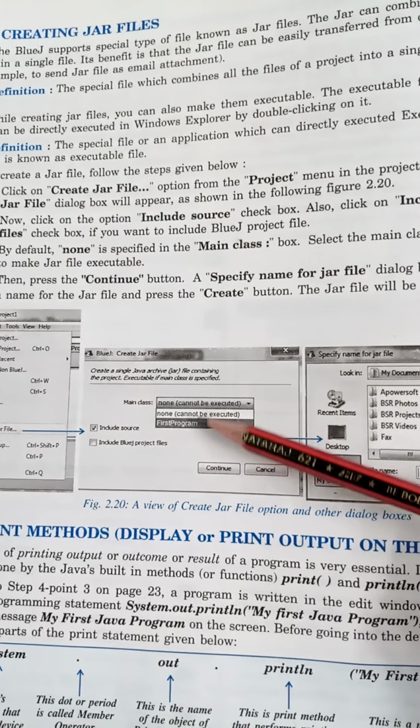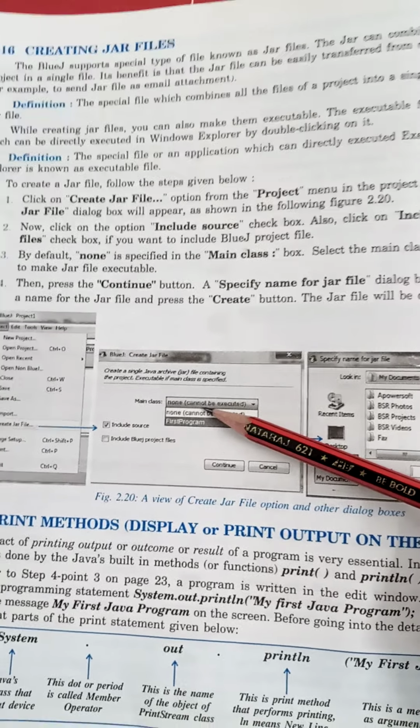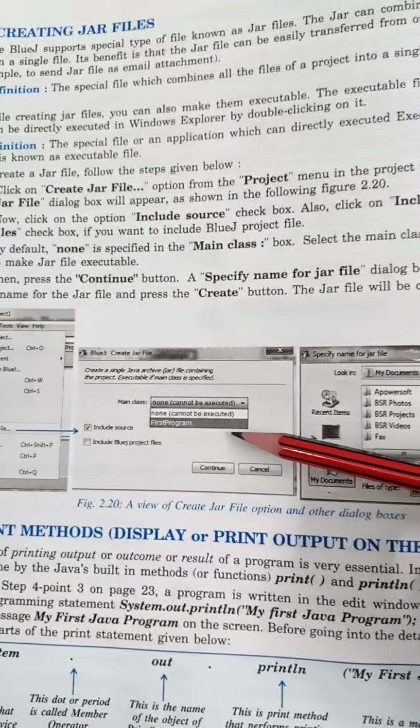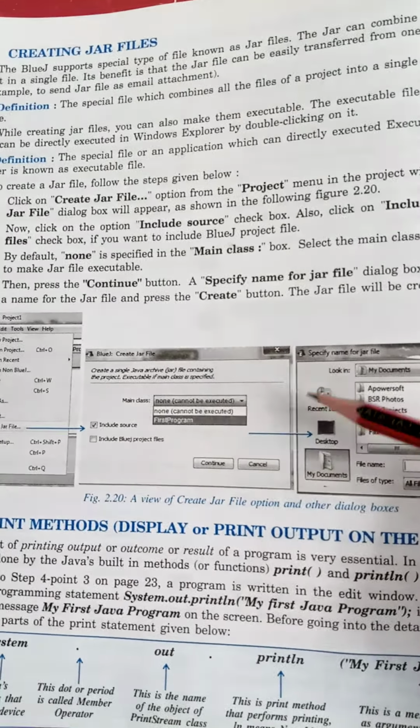In the main class, by default none will be selected. Select the main class name if you want to make the jar file executable. Then click on the Continue button.